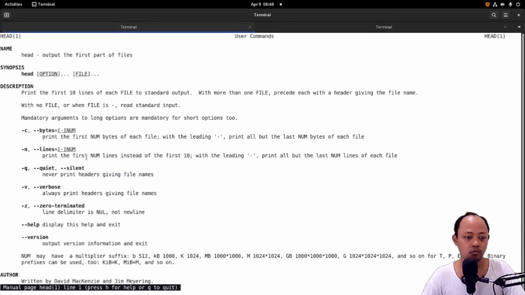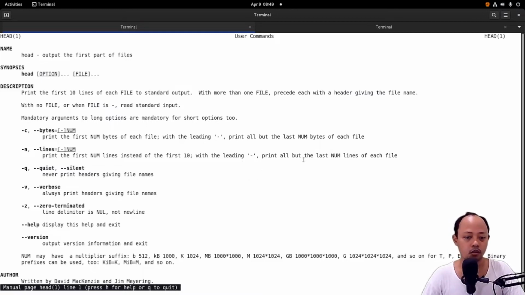Print the first 6 lines instead of the first 10. With the leading dash, print all but the last 6 lines of each file. So in the tail command it uses the plus, but in the head command it uses the dash.